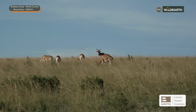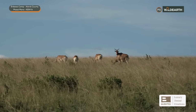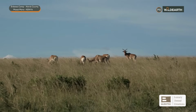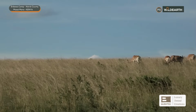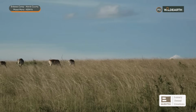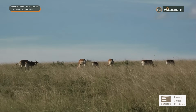We've got some Coke's hartebeest in front of us, as well as some little Thompson's gazelles that are also hiding out of the wind. So these Coke's hartebeest are a medium-sized antelope. The males can stand about 117 to 124 centimeters. So they're quite tall, these antelope. They're different from the topi in that, have a look at their horns. They go straight out to the side and up, as opposed to the topi whose horns curve straight over the